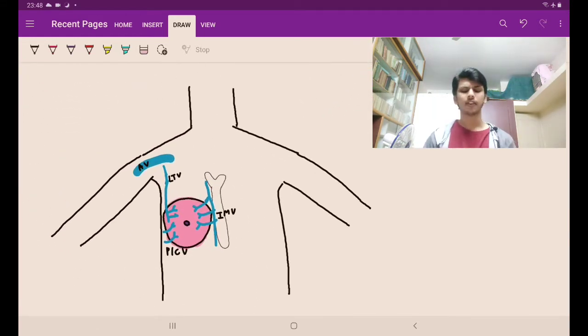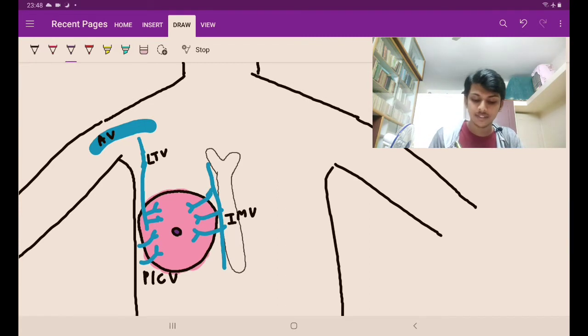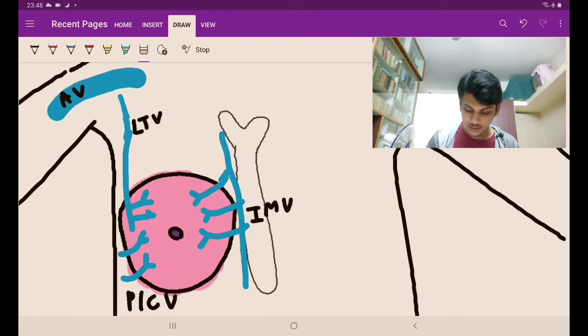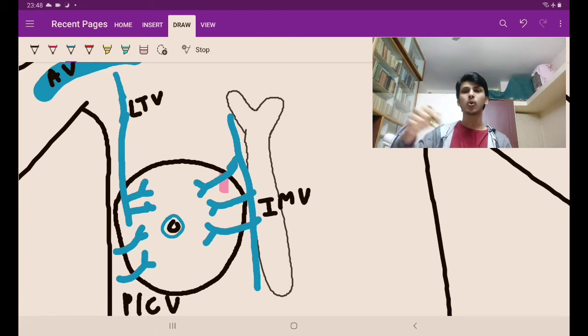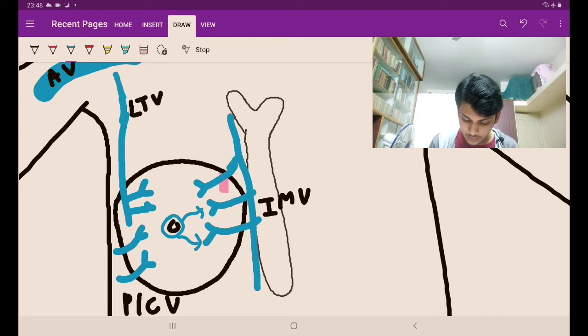Then there is the venous drainage. Venous drainage isn't so difficult because the veins follow the arteries, right guys? Now see, there is something amazing which happens in venous drainage. What happens in venous drainage? It doesn't directly go into the veins. Okay, see here, it forms an anastomotic channel around the areola. Anastomotic channel, like a ring, around the areola there is a ring, and from that it will be draining. Okay, it will be draining into similar veins, guys.